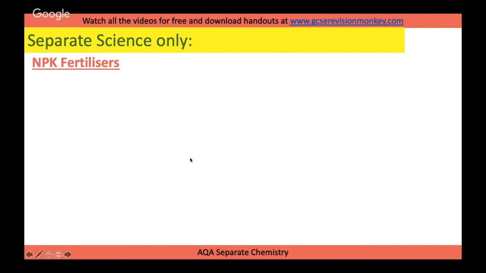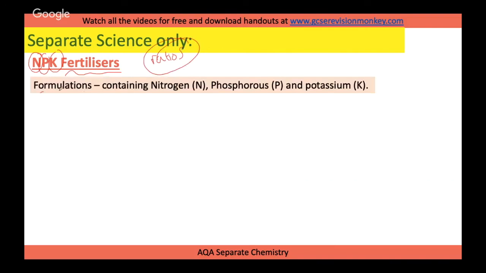NPK fertilisers are for separate science only. There's a little bit more content to go for you guys, not too much, so do hang in there. Fertilisers are used by farmers to return nutrients back into the soil. So you've got NPK fertilisers, and for this one you may well look at calculating ratios. That could be another maths thing that comes in, because these are a particular formulation containing specific ratios of nitrogen,